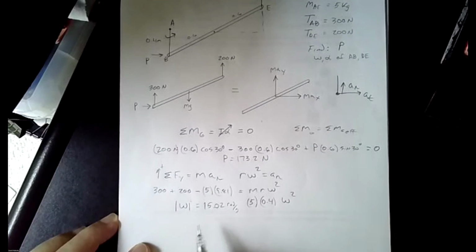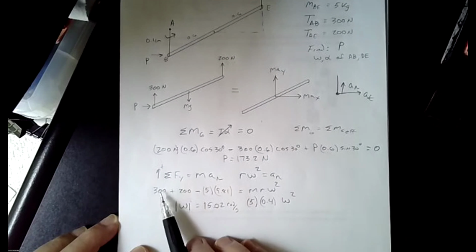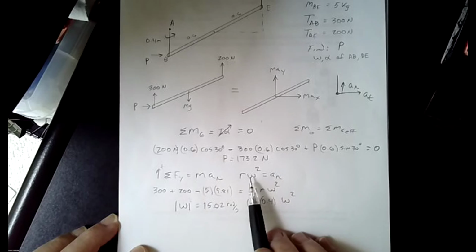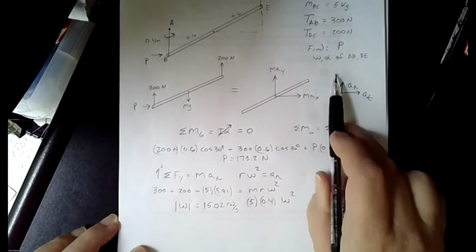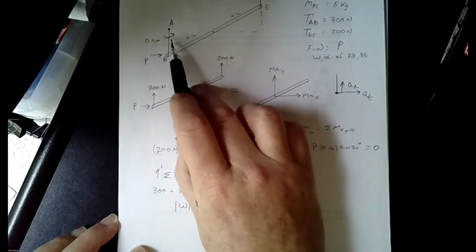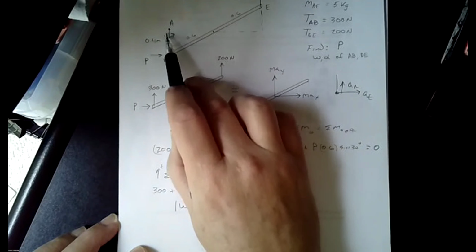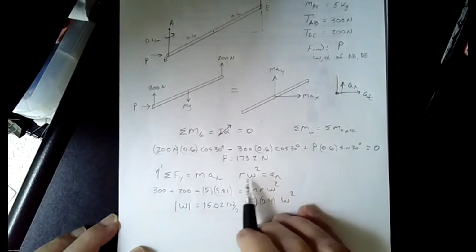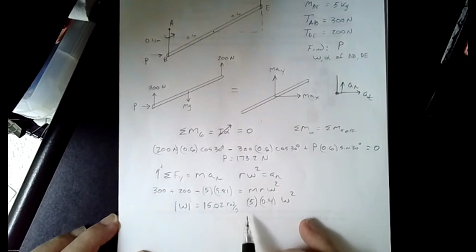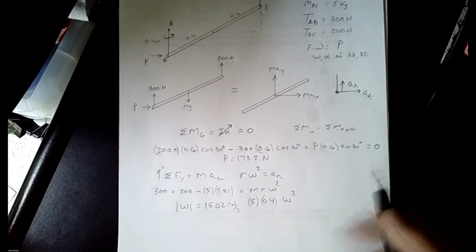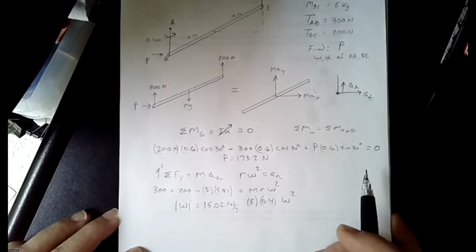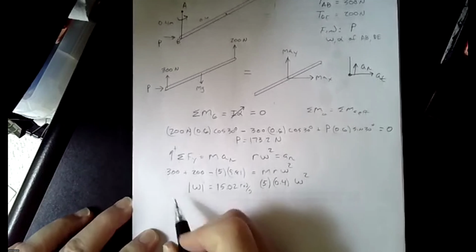Again, sum of the forces in the y, 300, 200 minus gravity equals ma, where a is the normal acceleration because that's the direction of this. As this rotates around, the acceleration of this rotation points back to the center, hence I substitute in this r omega squared. So you can probably see for yourself the next one, that's going to be tangential. You should have no problem solving that for yourself, because for that, you know that if I sum the forces in the x